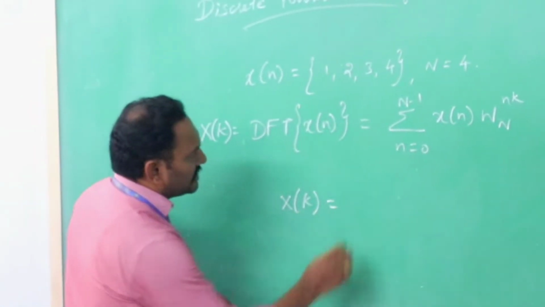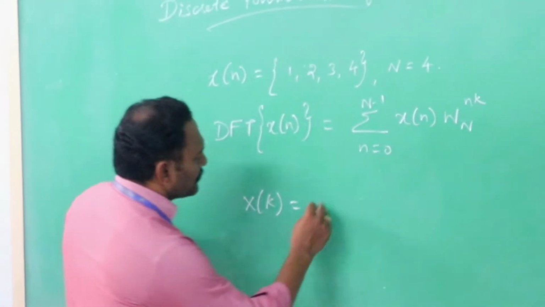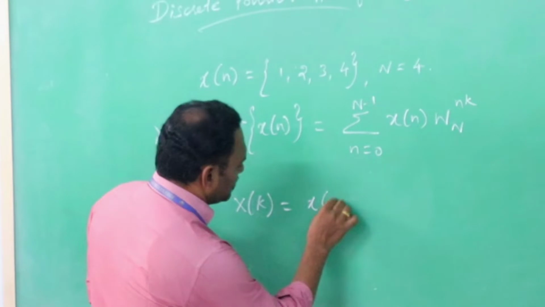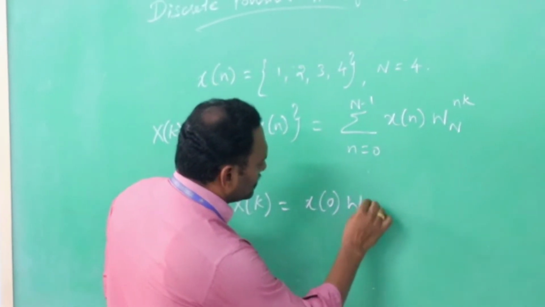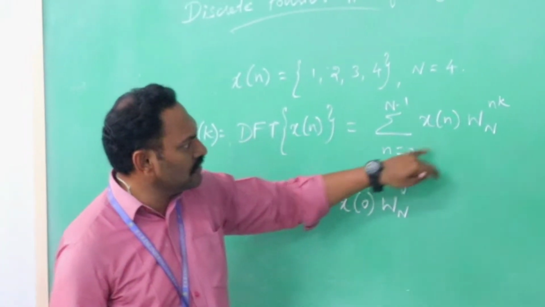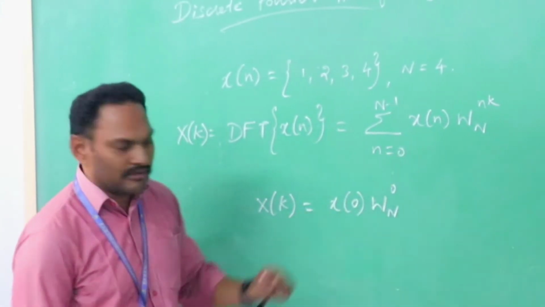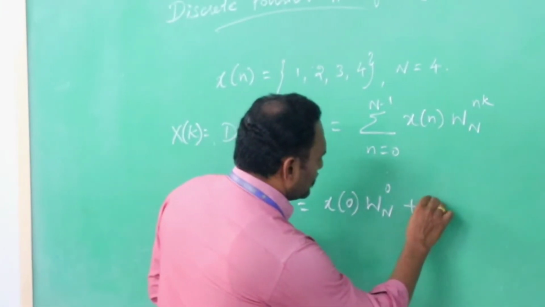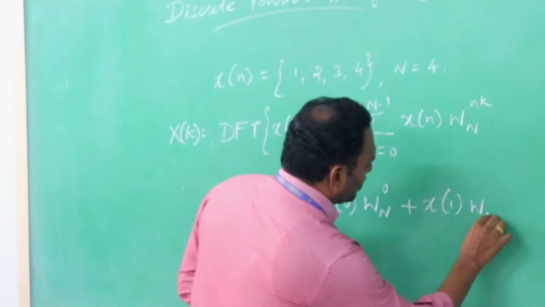Upon expanding these expressions, X of k is equal to x of 0 into W N power 0. Why? Because here the limit is n equal to 0, and multiplying 0 with k we get 0, plus x of 1 into W N power